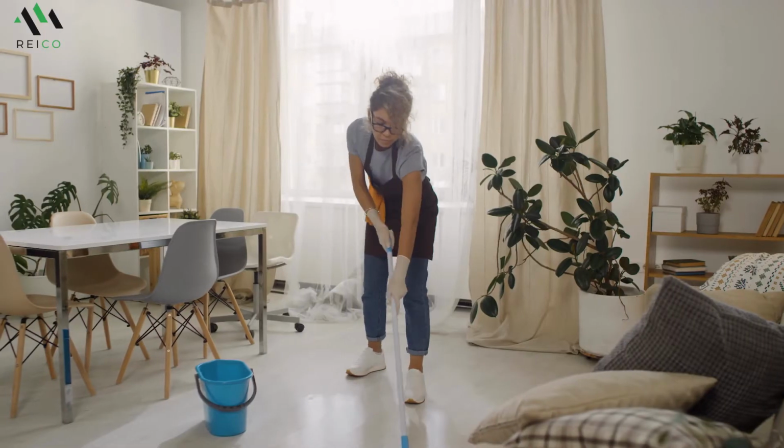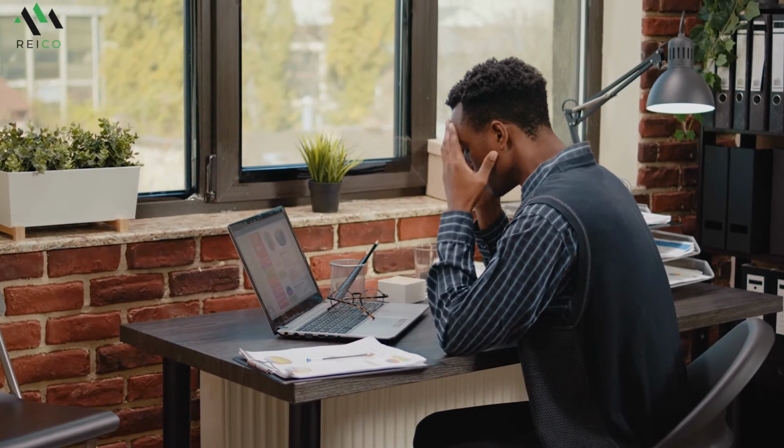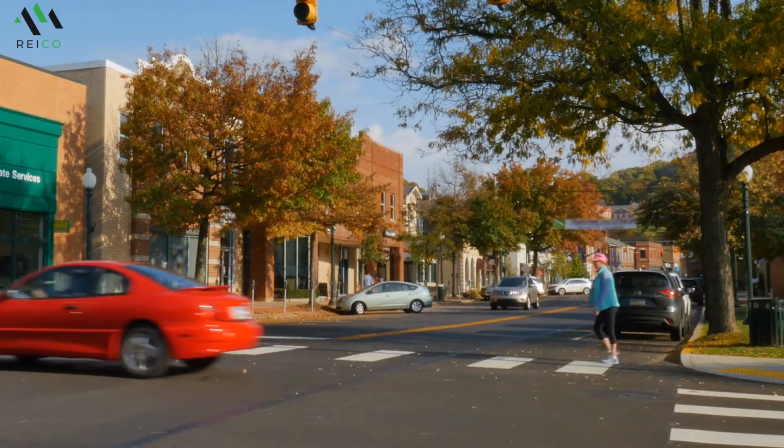So by now, I'm sure you've heard all the buzz on how great owning and operating a short-term rental is. But you're concerned that all the constant cleaning, communication, and turnover will be way too much for you to handle during your crazy busy work week. Or let's say you live out in the suburbs and you ask yourself, why would anyone want to vacation all